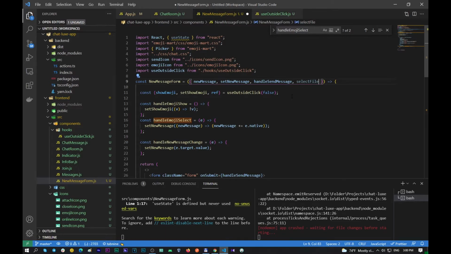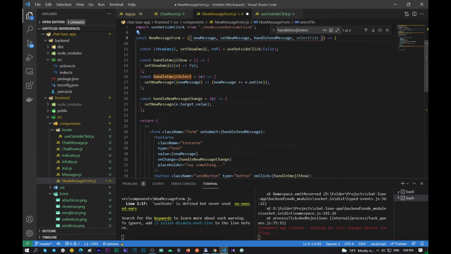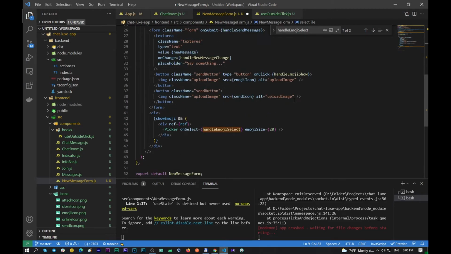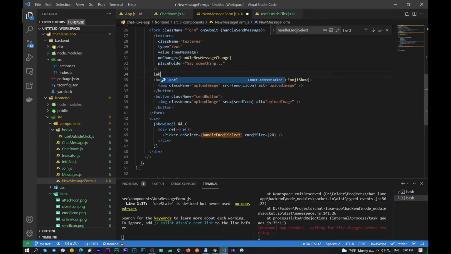And we need to use it. So now what do we need to do to use the select? First of all, we need to add another button and label. So let it be use label